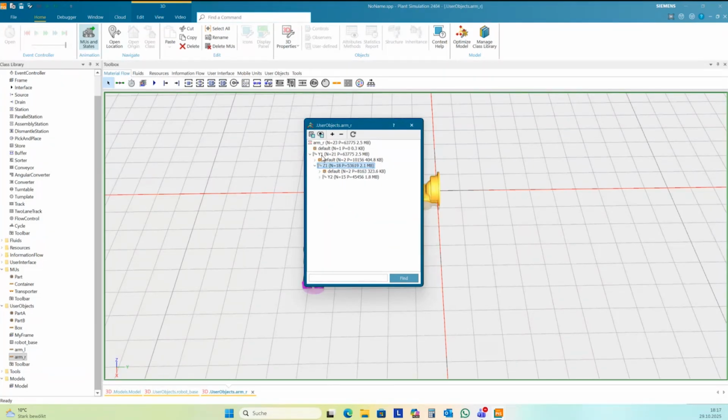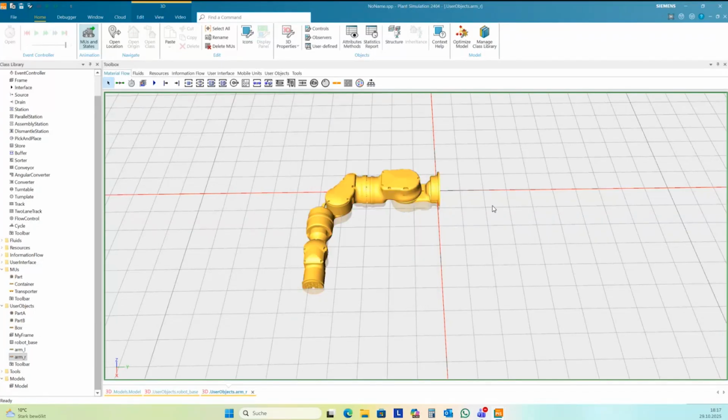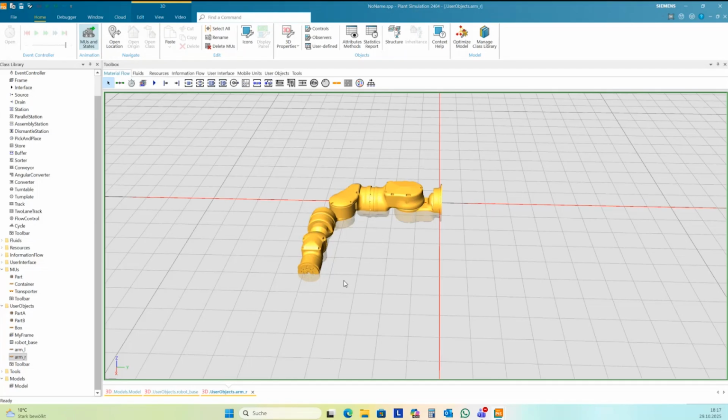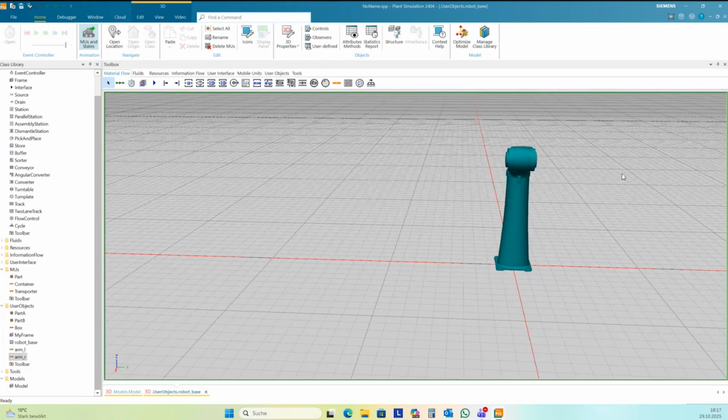And here that's 1, 2, 3, 4, 5, 6, 7 axes.